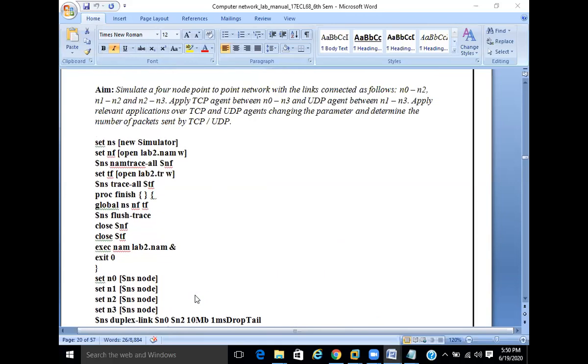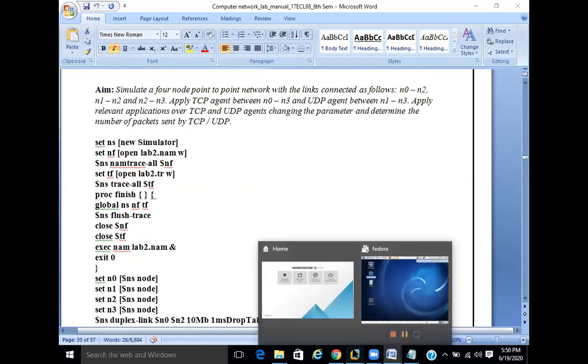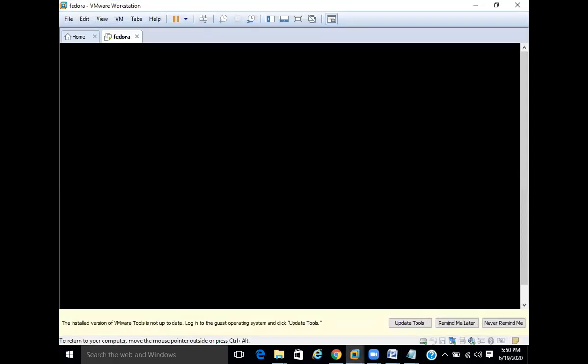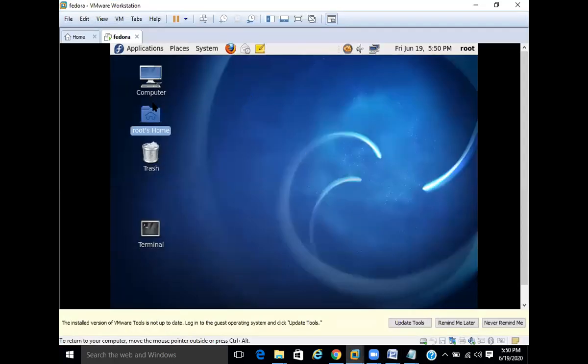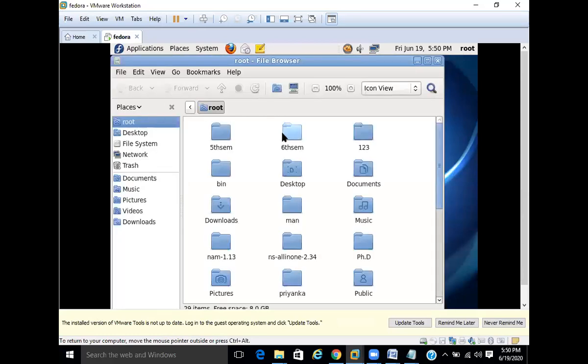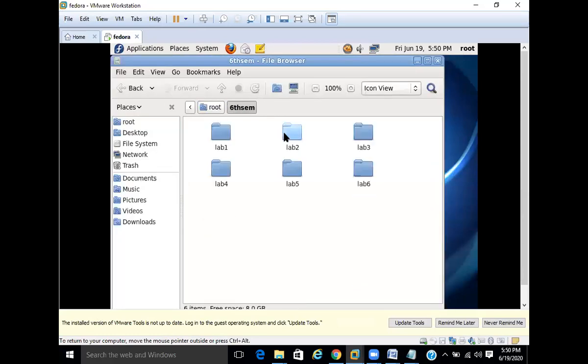Just type this program in the same folder. We have already created the folder in the root home of the NS simulator, that is 6th sem. In the 6th sem, you created another folder, lab 2, and in lab 2 your TCL program is there.